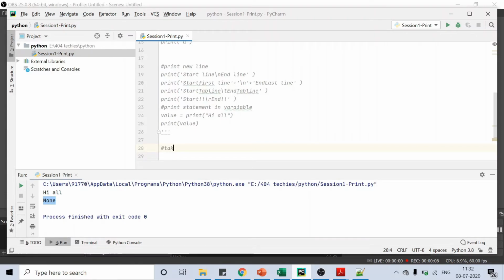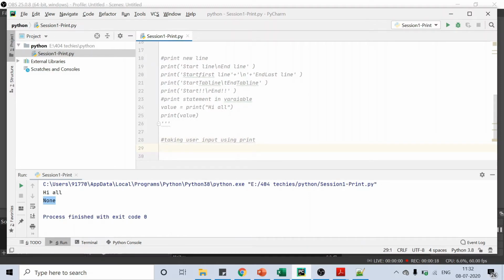Let's see how to take input from the user. Print input, enter any value. We shall run this now.